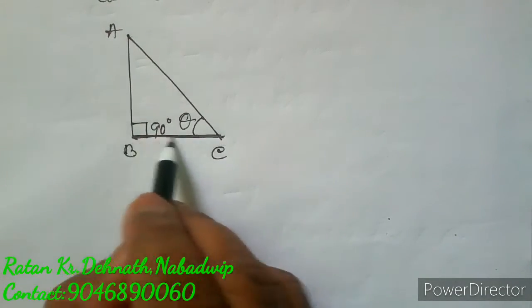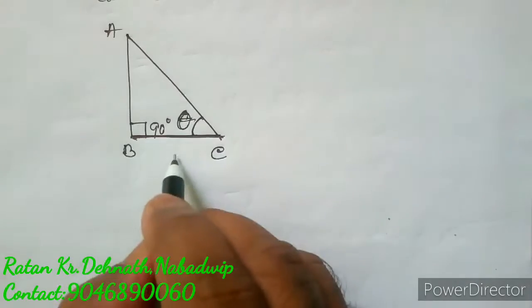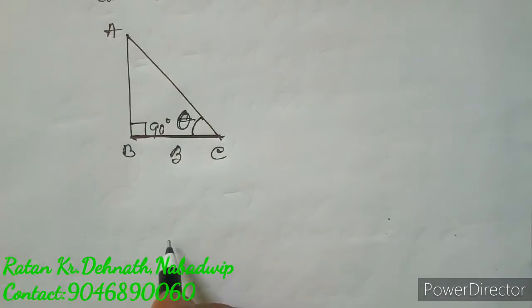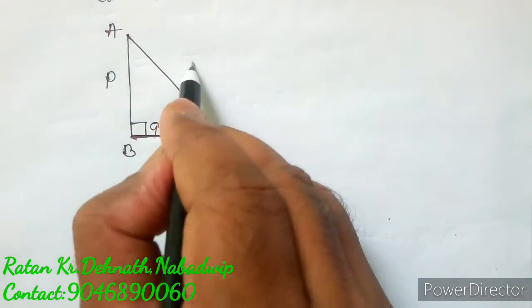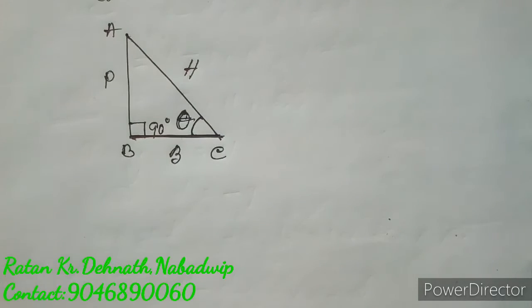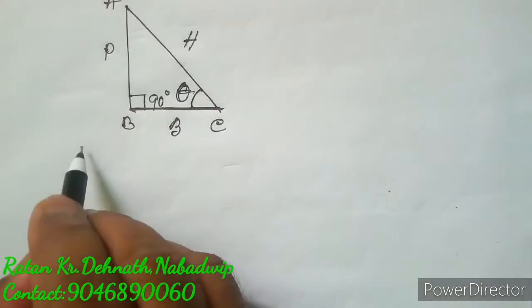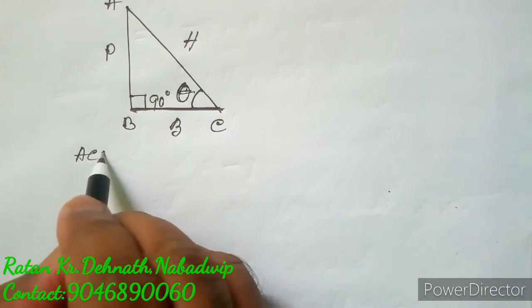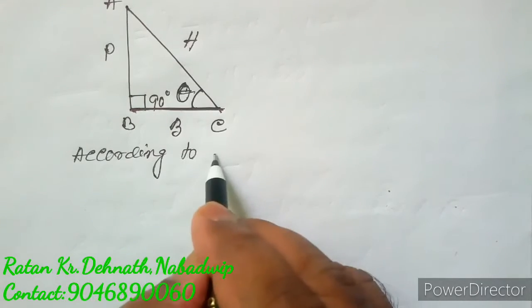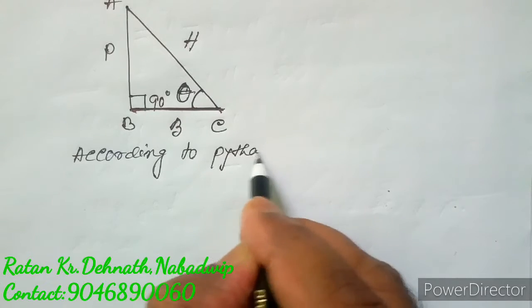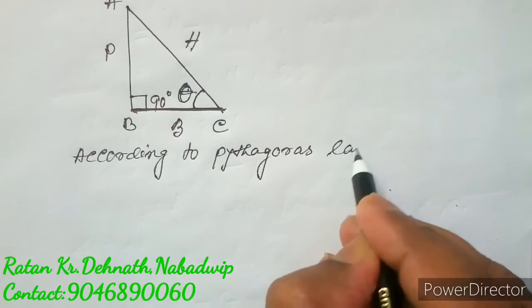Therefore, as we previously know, if we consider this angle theta, this is our base, that is BC, and AB is perpendicular, and obviously AC is the hypotenuse. Now according to Pythagoras law,